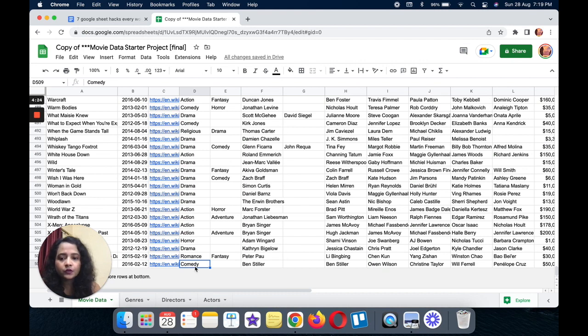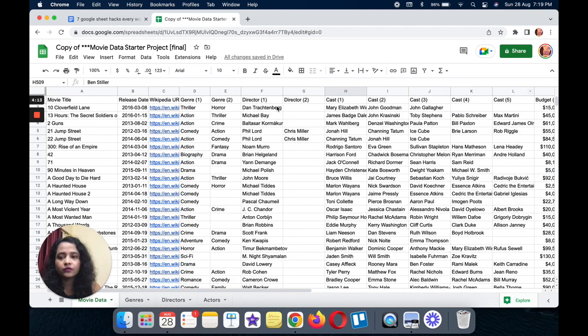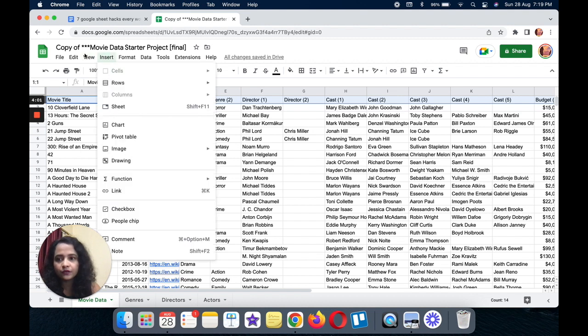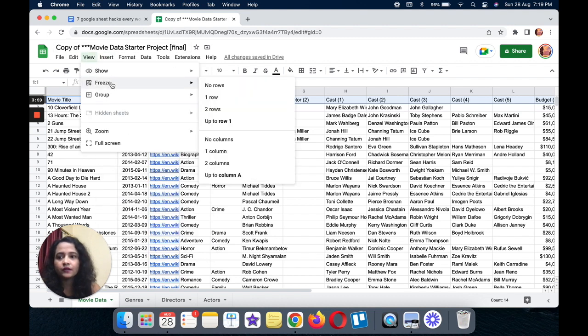Now I really do not know what I need to fill in this particular column, or what this column signifies, right? So in that case it is very important that you freeze the top rows. A simple way to do that is to select the row that you want to freeze, or you can go to the View section over here. Click on Freeze and select either one row, 2 rows, or whatever number of rows you want to freeze,